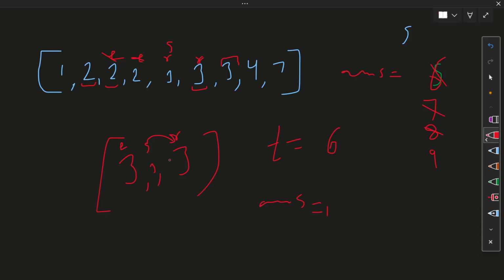Yes, this is another pair. Then we will update our answer. Then if S shifts here, S is also equal to previous value. Should we take this value? No, we will run our while loop only till start is less than R, because start and R should be different indices. So that's why